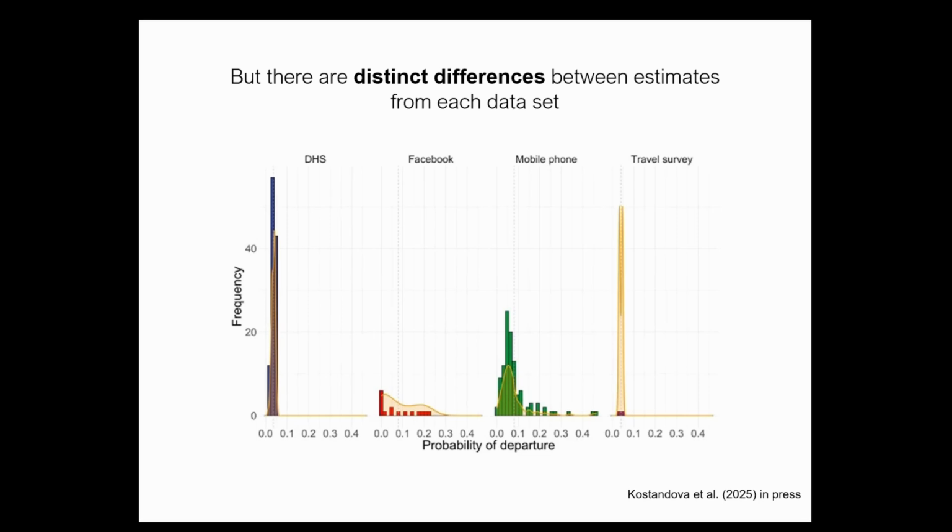So the DHS is the Demographic and Health Surveys, which were conducted by USAID in many low and middle income countries, collecting information predominantly about children. And those were intended to be representative of children in those populations. Facebook data is measuring people who have Facebook on their mobile phone, an app measuring their locations. Mobile phone data is looking at when people are using data or sending or receiving calls and text messages, and then a survey that was also conducted.